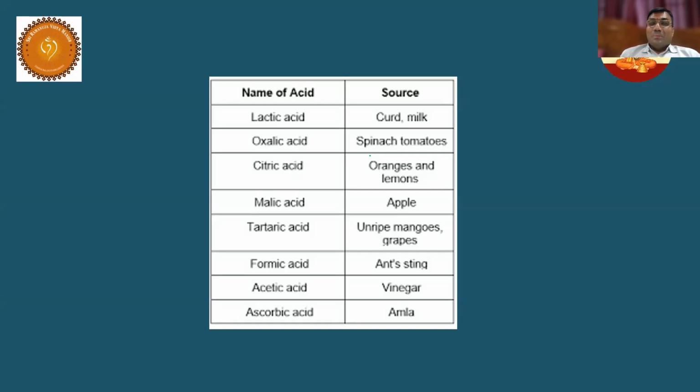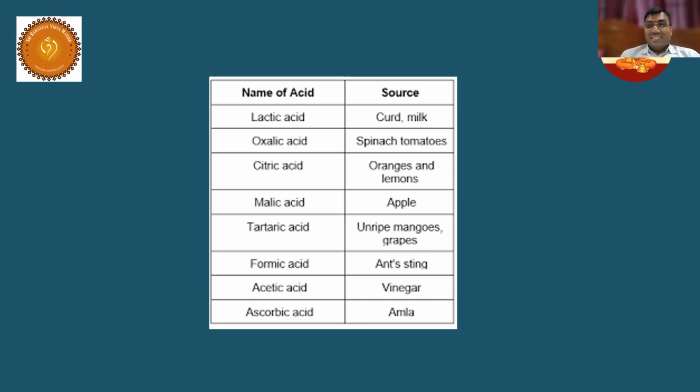Unfortunately, you people take soft drinks. Soft drinks basically are nothing but acid actually. When you take a sip, what happens? You feel excited, some kick will come. The kick is due to the burning of your tongue. So acid is burning your tongue and you are getting excited. Right. Next, tartaric acid. Tartaric acid you find in grapes and unripened mangoes. Similarly, ants. If an ant bites you, what happens? That is nothing but formic acid being released.